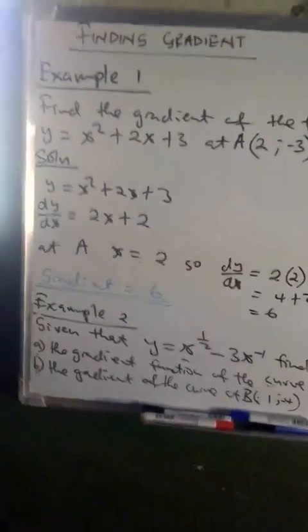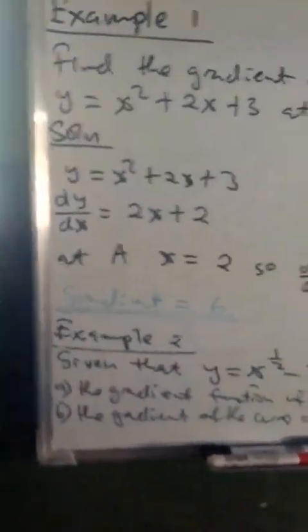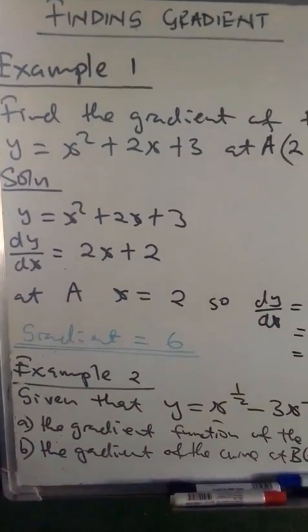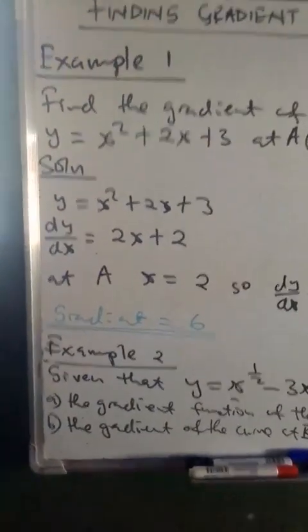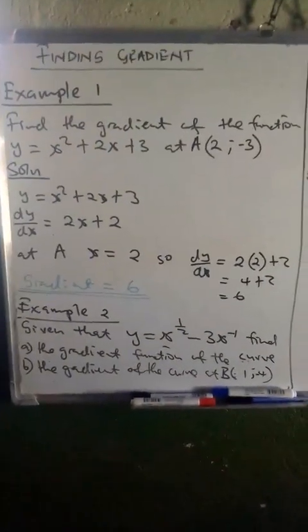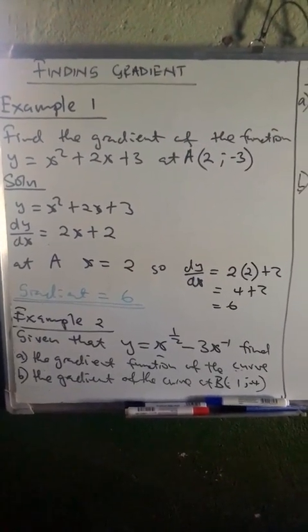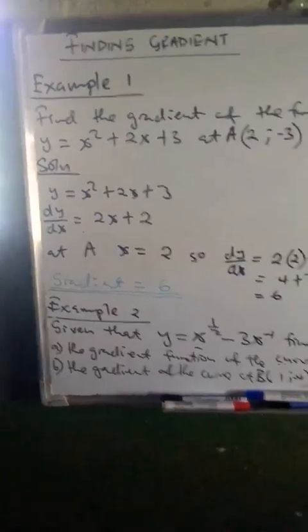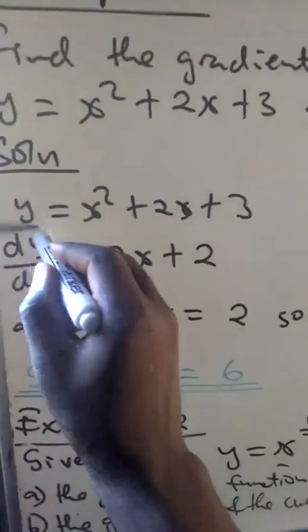Right, after finding the gradient of the curve, you may need to find the gradient at a point as well, like I said. So using the same gradient function. Example 1 says: find the gradient of the function y is equal to x squared plus 2x plus 3 at A(2, -3). That's a coordinate. Right, the solution: firstly you are finding dy by dx,